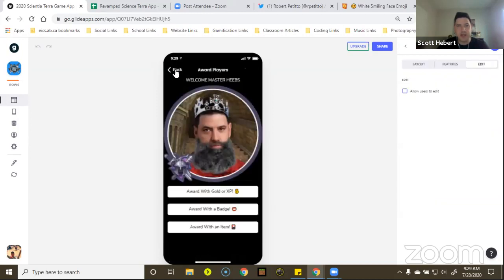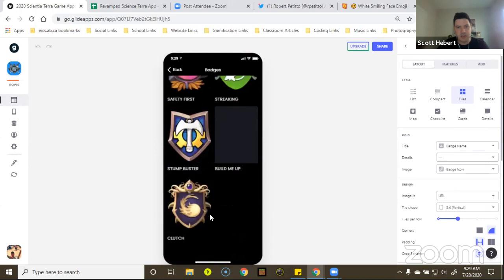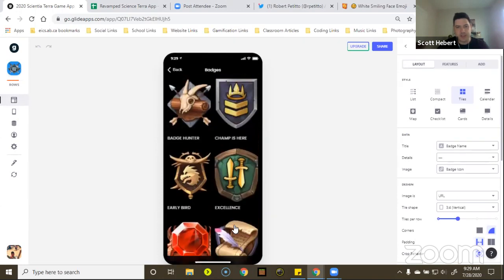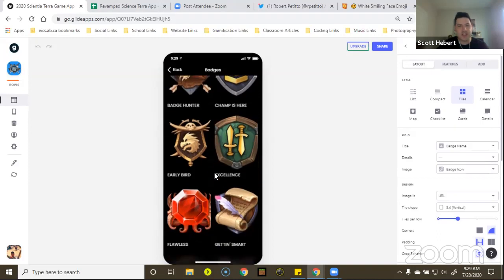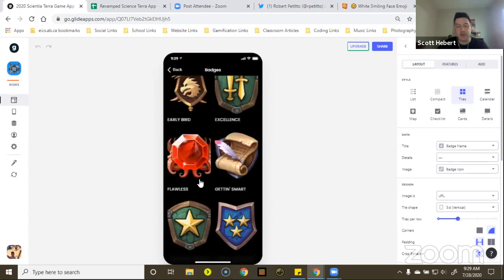And one tip I always have about badges is this is how you give them to kids. Literally show them this. Okay. So when you click, nothing happens. So a kid goes, well, how the heck do I get Badge Hunter? You don't want to tell them how to get them, because then kids will try to get them. You want them to be a challenge where kids have to figure out how you get them. So for example, flawless, well, what's to be flawless? It's to be perfect.